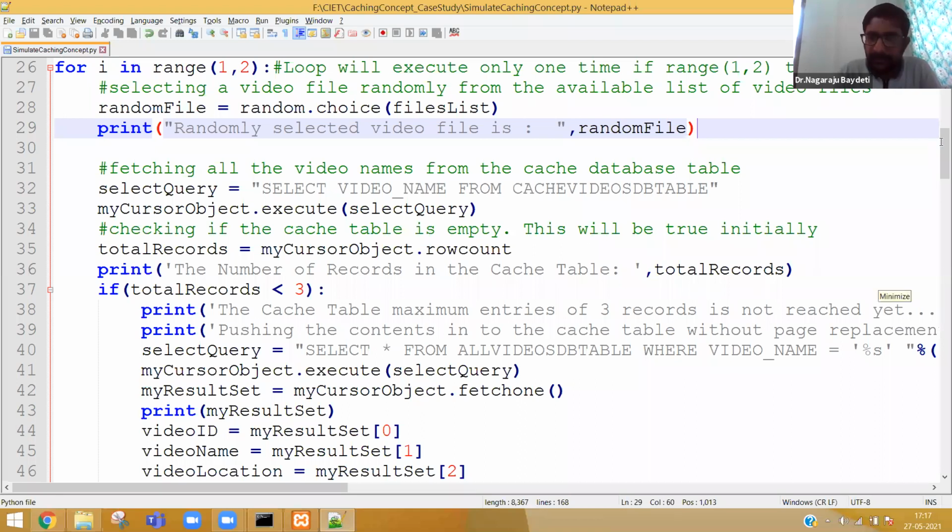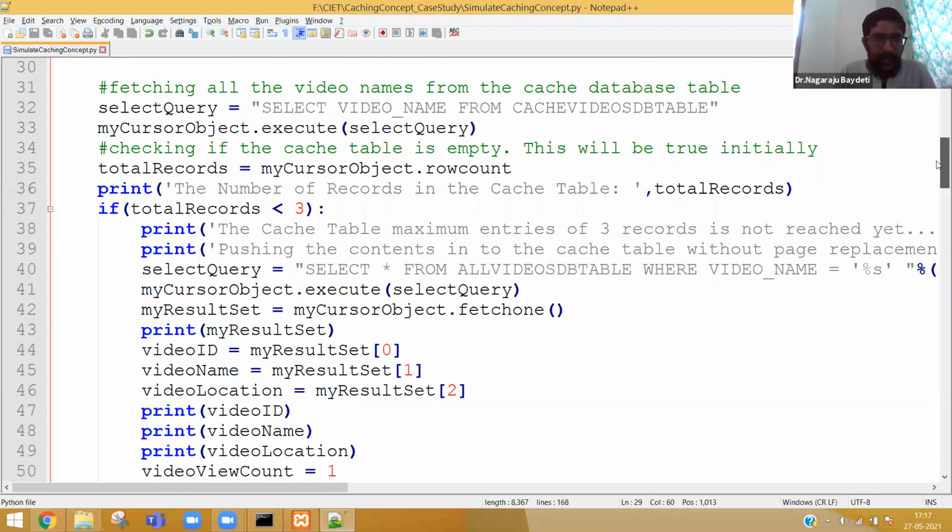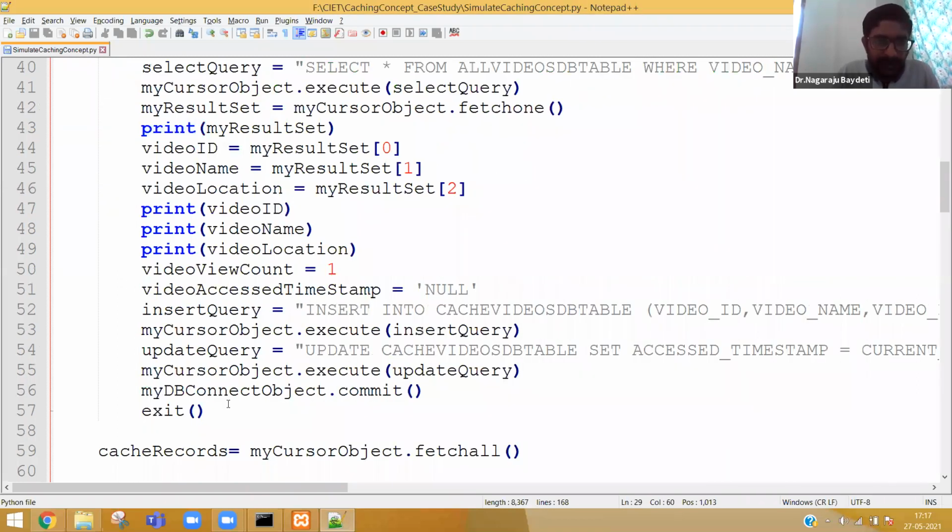Mr. Mahesh is asking me to execute the program up to 26th line. Mr. Mahesh, I actually thought I will execute the program first time once I explain till line number 57, not before that. Why?